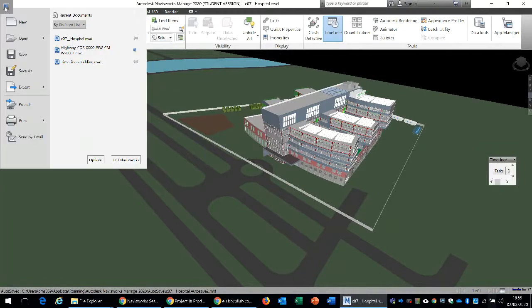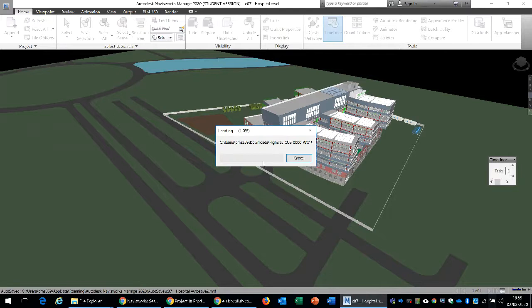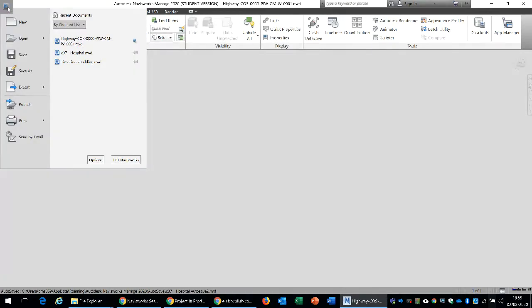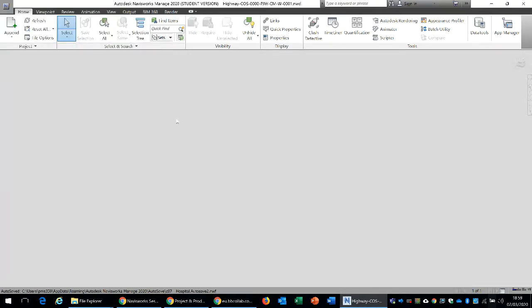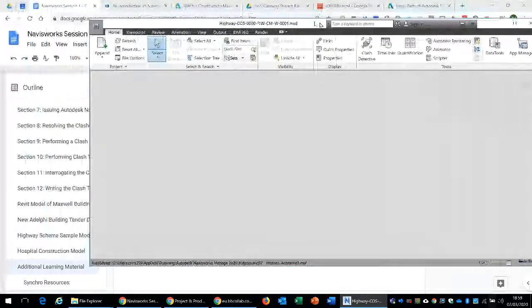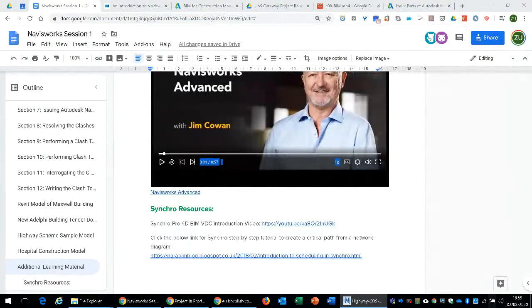So visualization is one key feature. Now, if we look at the other example of the model, this was an example of a hospital construction. We will now look into the other example, which is